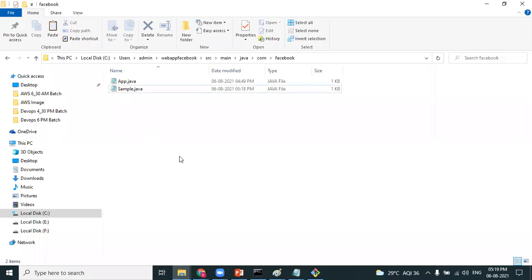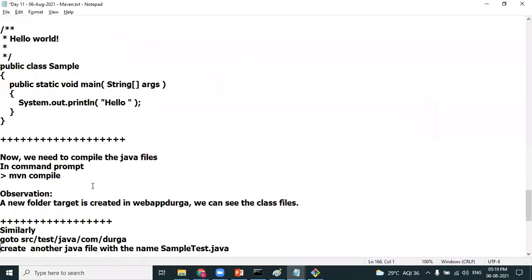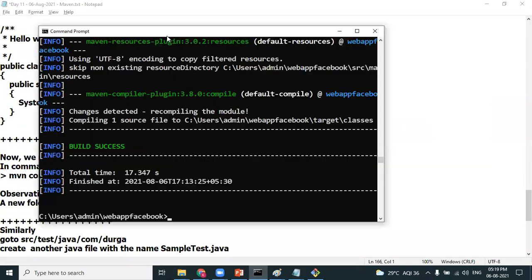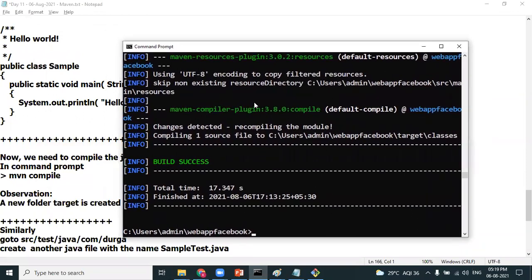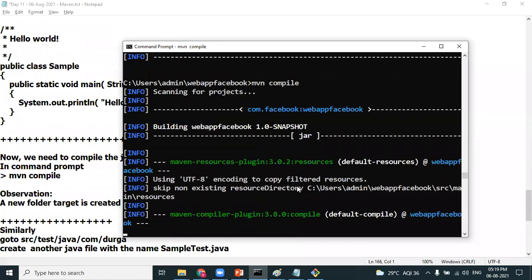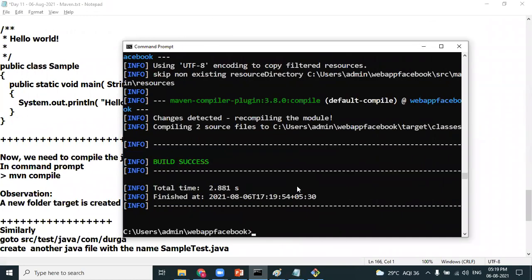In Maven, in a single shot, we can compile all the .java files at once by using the command mvn compile. So I open the command prompt again and write the command mvn compile.